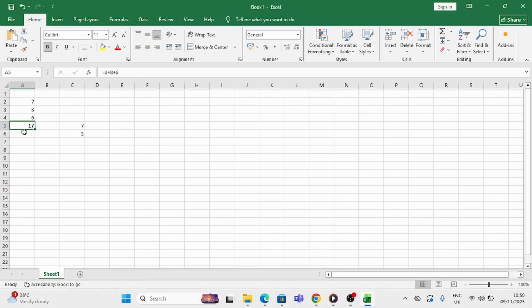Why? Because we didn't reference the cell. We only used 3, which is just an absolute number. We only used 3, which is a raw number. We didn't reference the cell. So the 3 is still there in this box. But if we had referenced the cell, this number will also change dynamically. So that is the benefit of referencing cells, so that if any number changes,